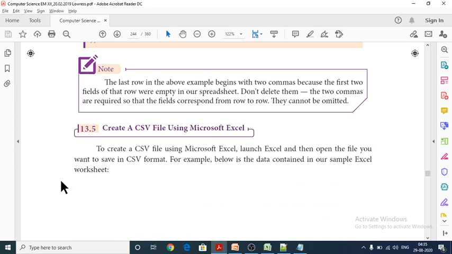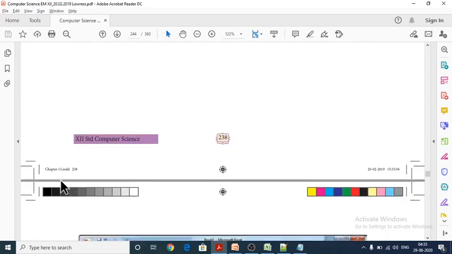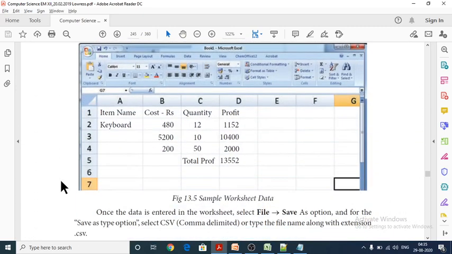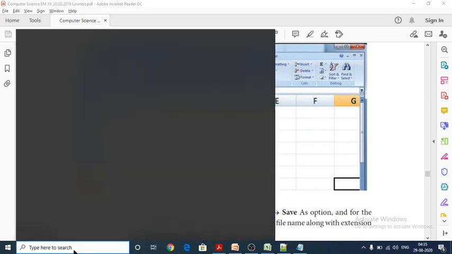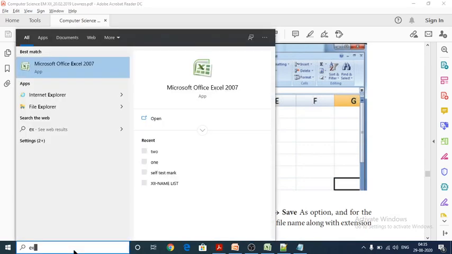Next one, we are going to create a CSV file using Microsoft Excel. To create a CSV file using Microsoft Excel, you have to open Excel.